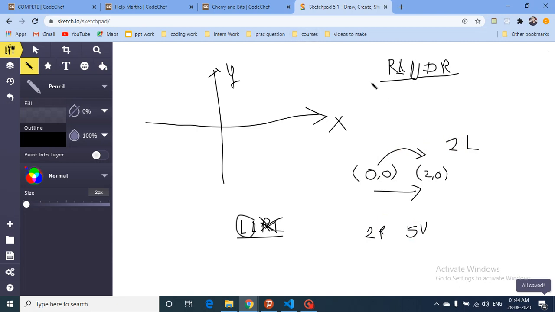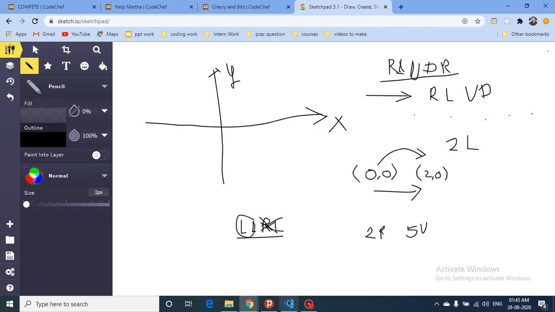So what can I do in the starting only? I will pre-process this string, iterate over the whole given string, and find out how many rights, lefts, ups, and downs are there in the string. And then I will only check that if there are 2 rights and 5 ups present, yes, then I can just take those 5 ups and 2 rights and form the subsequence, and that's possible. I hope you understand the logic part first.